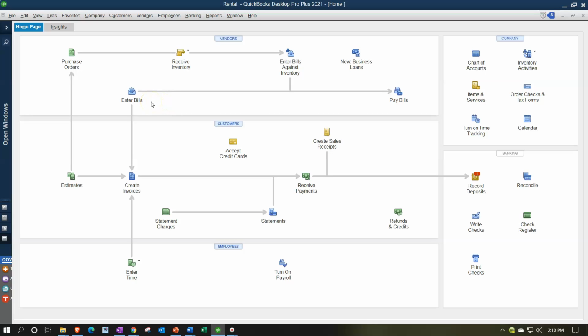Now, you'll note down here in the flowchart for the vendor section, they put the check kind of down here rather than in the vendor section, which is the area. If I was going to put it into one of these areas, you would think most likely it would be in the vendor section. And that's possibly because we might be writing checks for other types of reasons. For example, we might be writing checks in order to pay us, like the owners. You know, that's when we take money out of the company, we're going to be using a form to decrease the checking account,